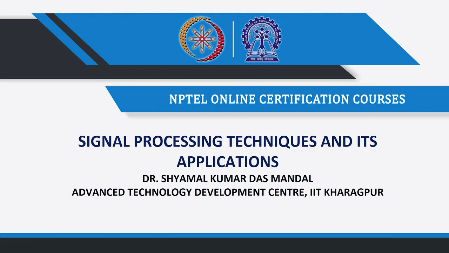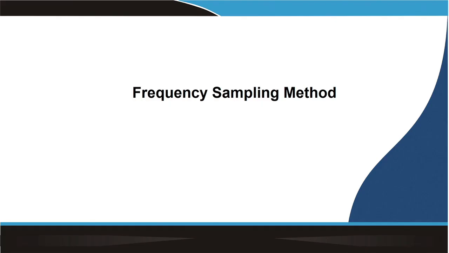Okay, so in the last class we discussed the algebraic expression for calculating h of n, which will be multiplied with the w of n, and then we get that combined filter response, and then the signal will be convolved with that, and we get the desired FIR filter implementation using windowing methods. So today we talk about frequency sampling methods.